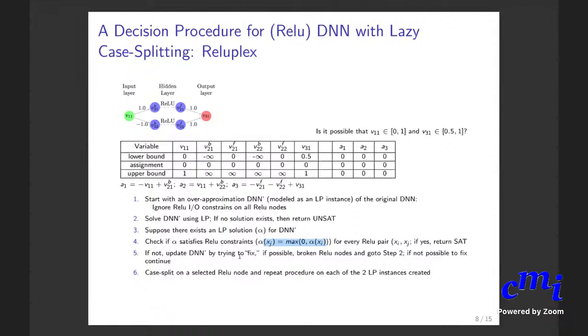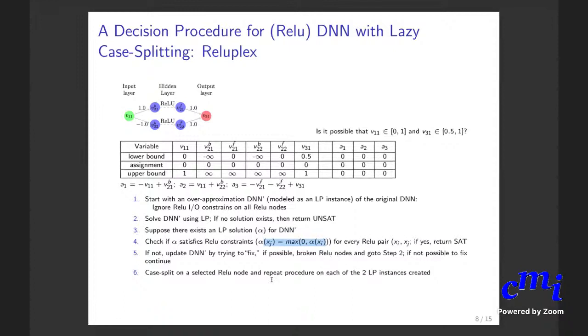Therefore, you will have to rerun your LP instance. So, by fixing these values and the ReLU pairs, you try to fix as many ReLU pairs, if not all of them, and get to a solution up to a certain point. You can keep delaying the case splitting, but if nothing works, then, as a last resort,